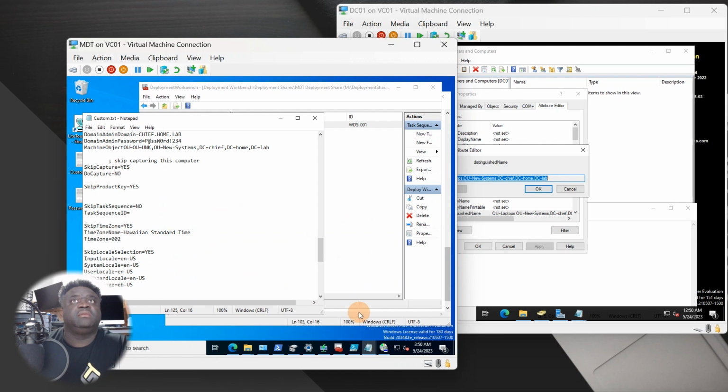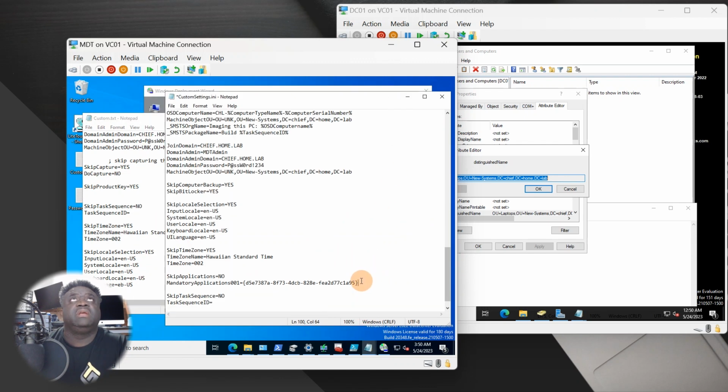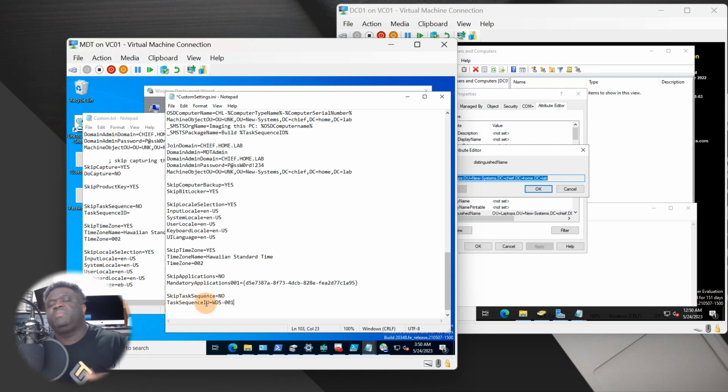And then in order for you to have it skipped, you will put the ID right there. But we're going to select no because I want to show you what it looks like first. We're going to walk through the whole process. If you really want to skip the task sequence, you'll put a yes, and then it will select this as the default. The only problem with this though is that if you're doing different builds or different task sequences, different task sequences are going to push